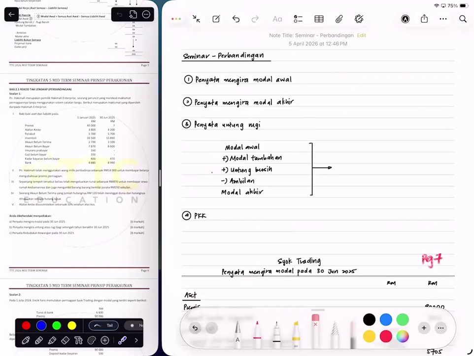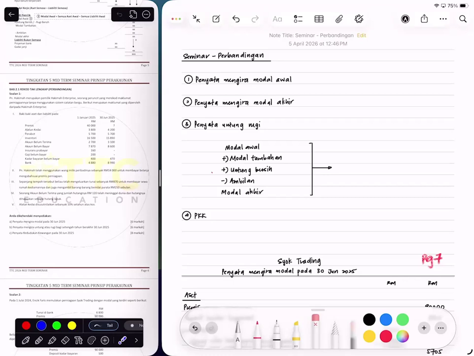Okay, record tak lengkap means the boss, the accountant, didn't prepare the account completely. So we need to find out the missing item and then find out the untung bersih by using our way. Okay, then the first way is kaedah berbandingan. And we have roughly 4 steps here for us to find out the untung bersih. Okay, then the first part, you need to calculate for your modal, and you need both modal